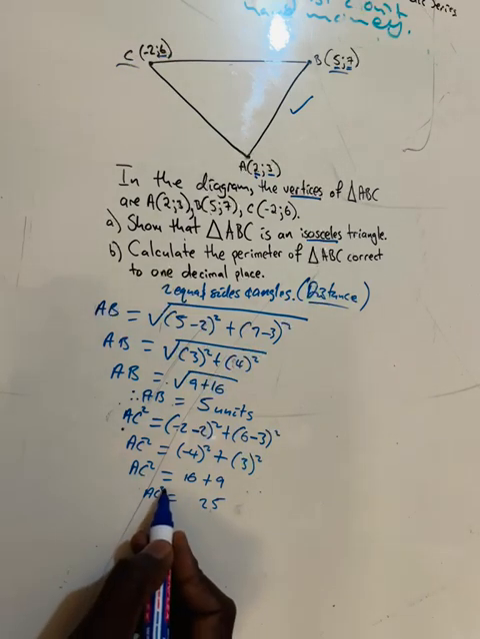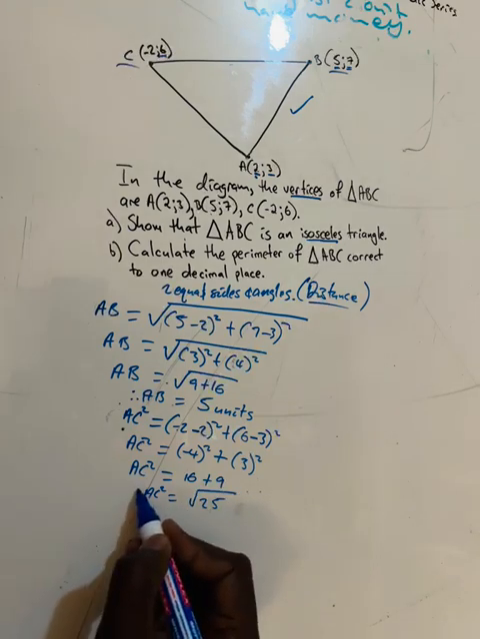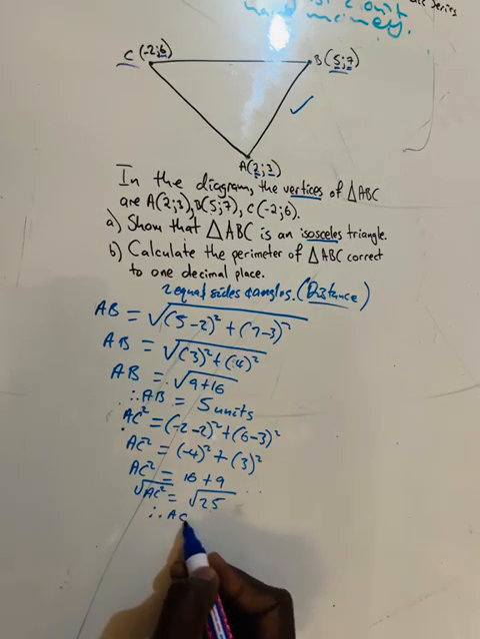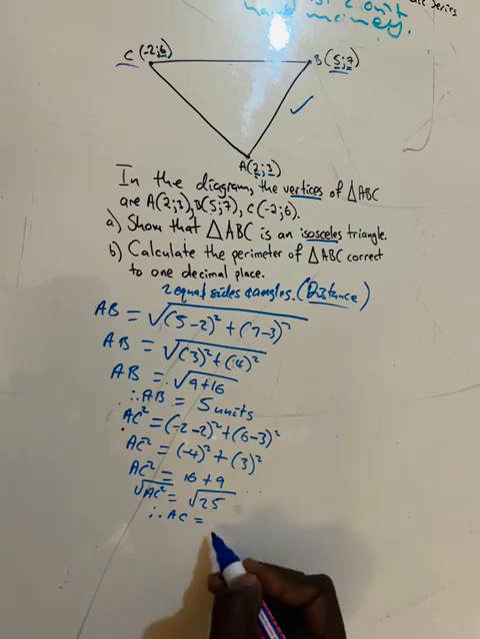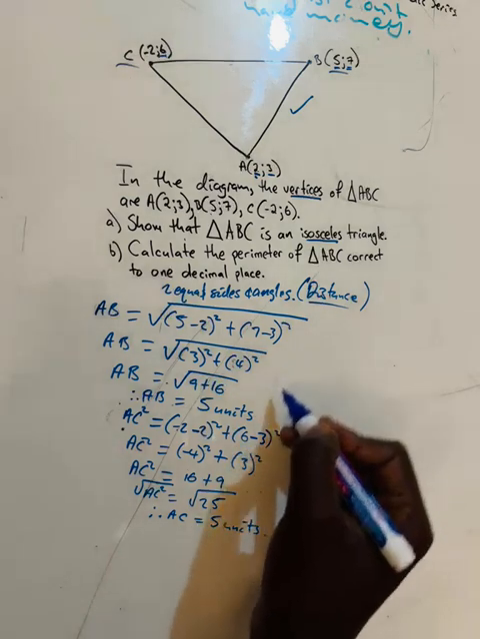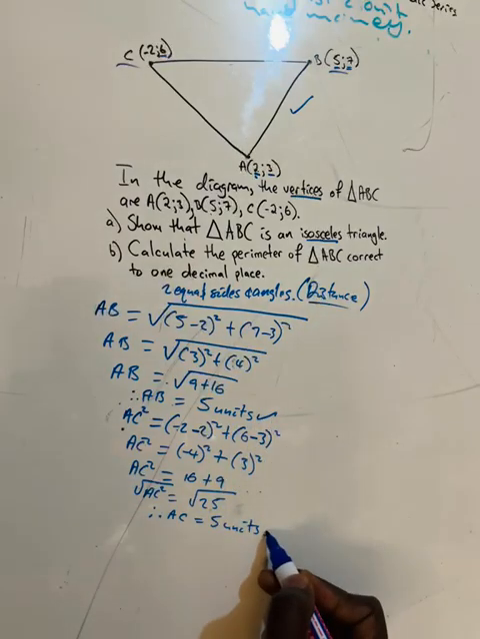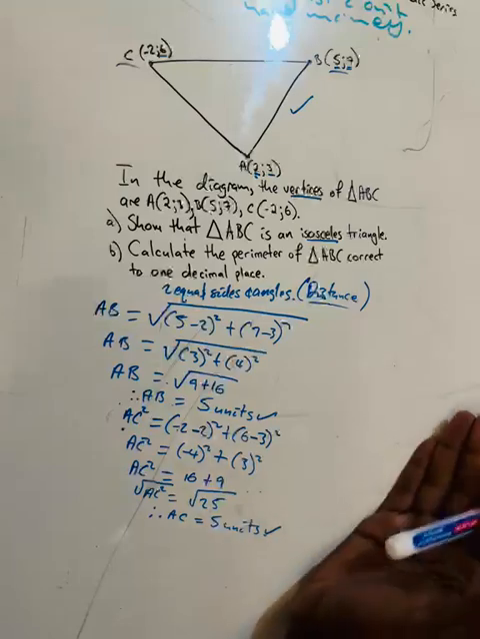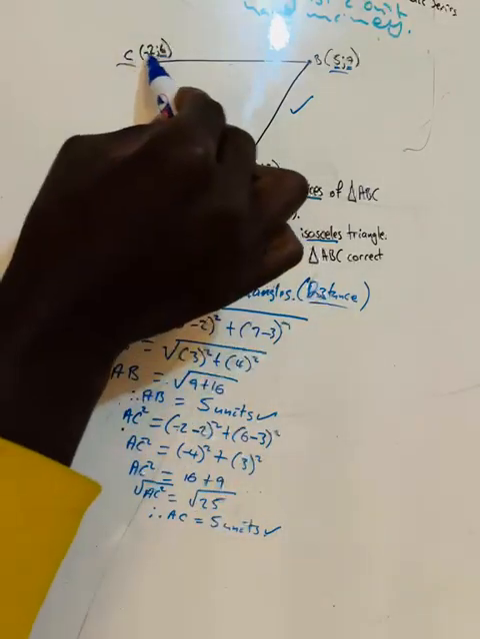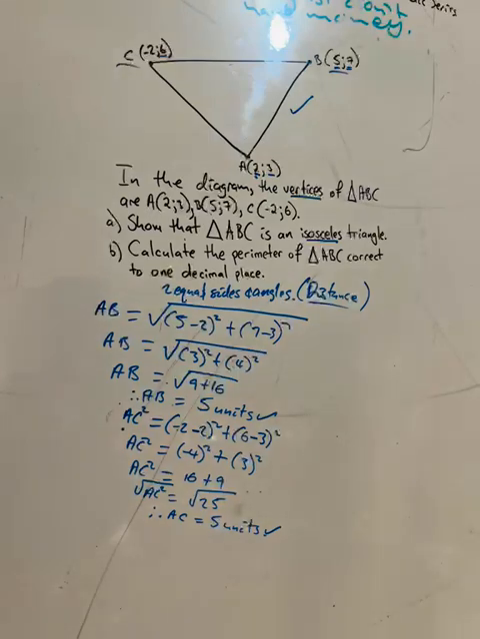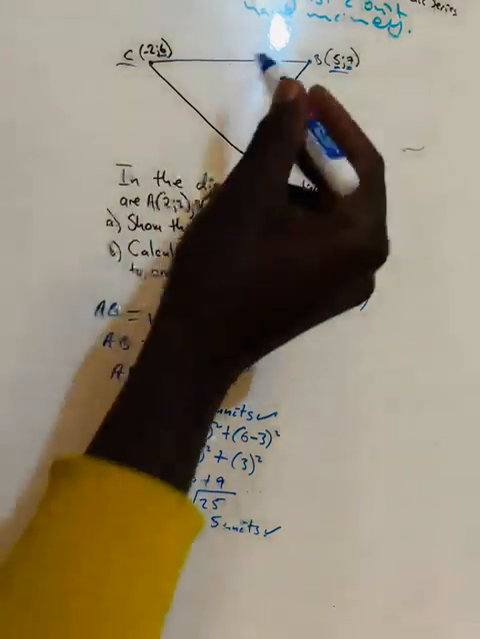So when we want to remove this square, we use a square root. So now we use square root there, and we use a square root there, and then we say, therefore, AC is equal to what? Square root of 25 is 5. So we've got 5 units. Now observe, we've got 5 units there, and we've got 5 units here. So two sides are equal. But we can't conclude without calculating line CB, because what if line CB is equal to 5 as well? That would be an equilateral. So let's calculate line